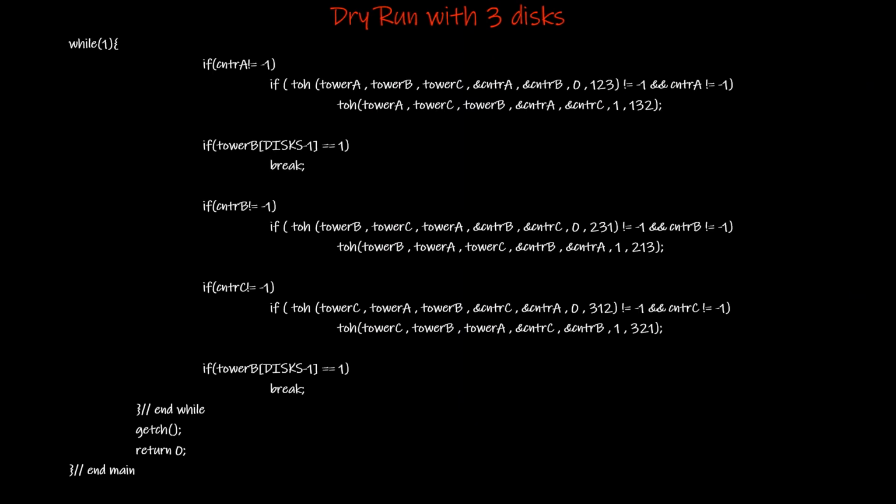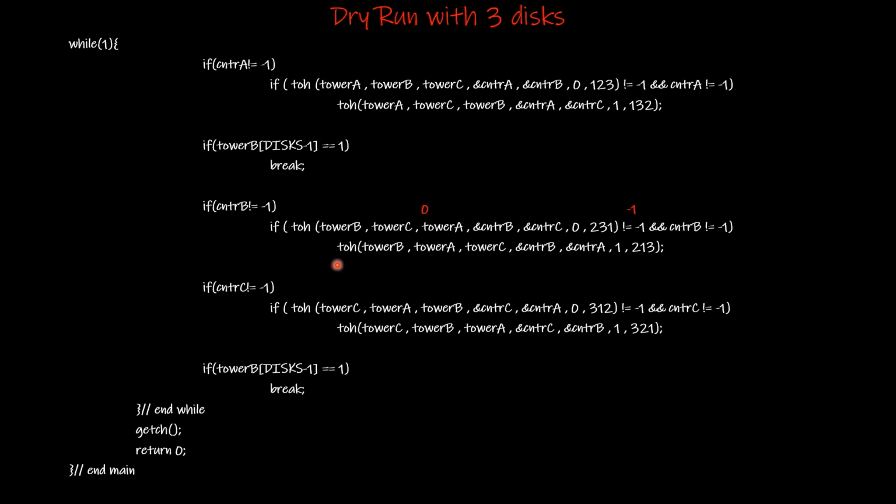So we come back to a while loop. We had made the call here. Now the values returned are 0 because they are successful transfer, right? And counter B is equal to -1. There is no more value in the tower B, and therefore it is equal to -1. Therefore this part of the condition is false, although this is true, and therefore this particular function call will not happen, and that is how it should be.